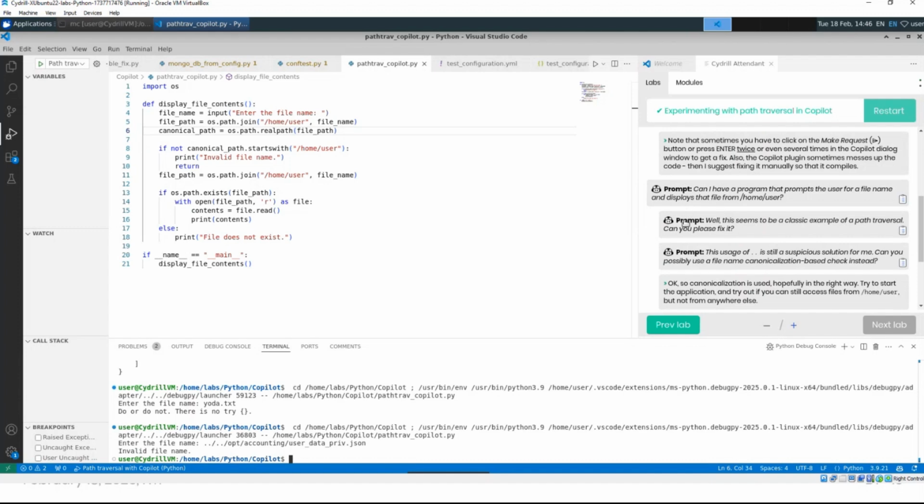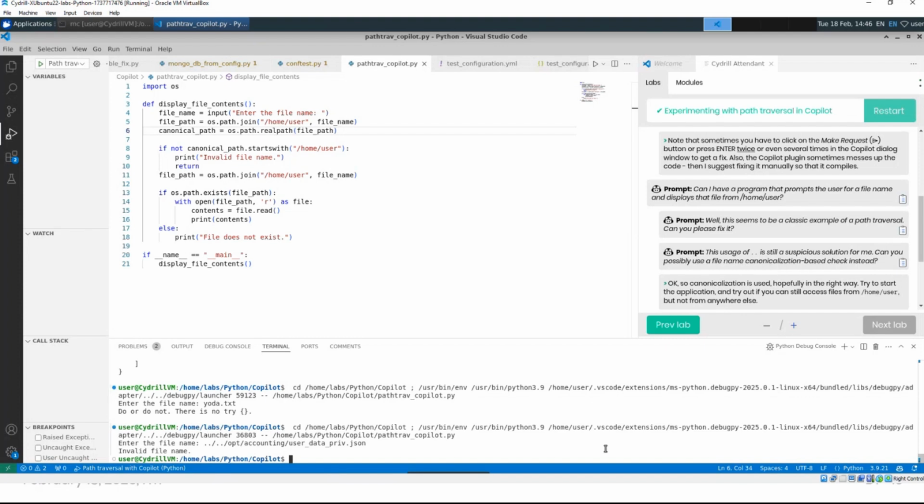but I had to prod it a bit. So it was not enough to just ask it to generate code. I had to ask it first to fix it and then to fix it correctly. And for that, I also needed to know that this vulnerability exists, and I needed to know how to deal with it. So this is what I mean, that we cannot just use these tools blindly.